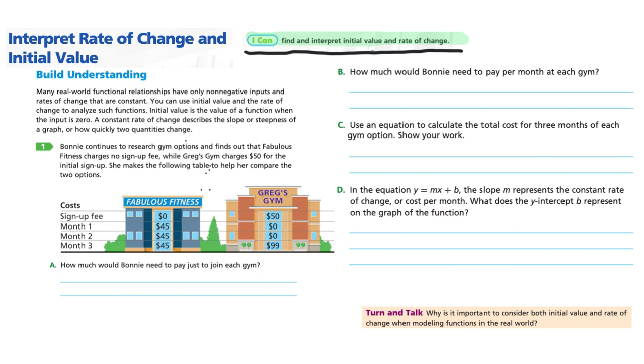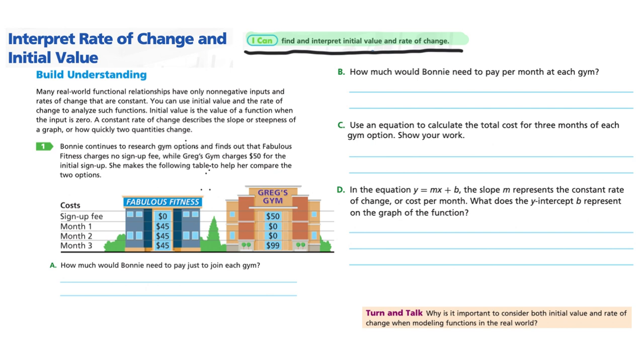Initial value is the value of a function when the input is 0. And if you remember from previous modules, the input is what is along the x-axis. So that would be when x equals 0, that's the initial value of the function. And then it says a constant rate of change describes the slope or steepness of the graph, or how quickly